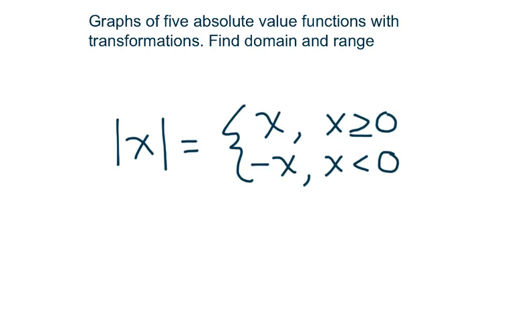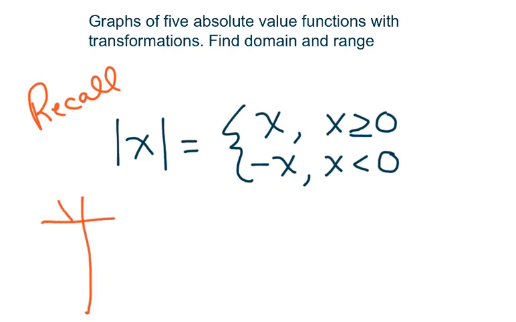Hi everyone, we're going to graph 5 absolute value functions with transformations, and then I put in a 6th graph to put it all together. Recall that the definition of an absolute value function is as such. This is called a piecewise function, and it just means when you have a value of, say,